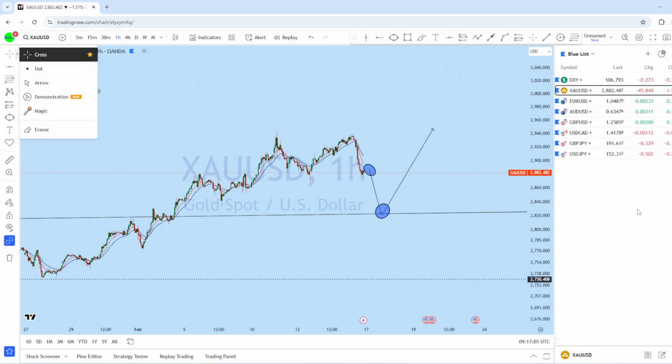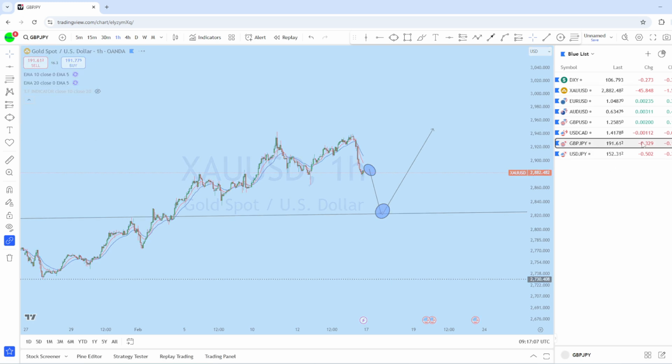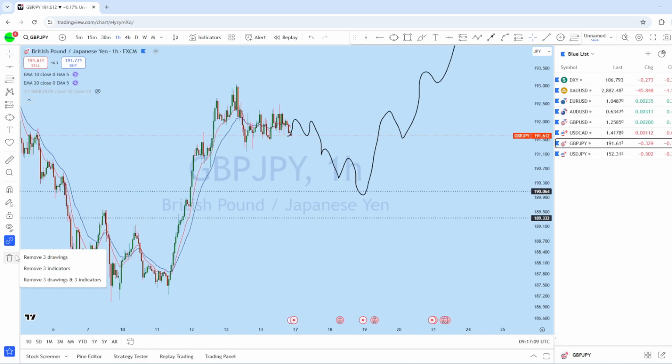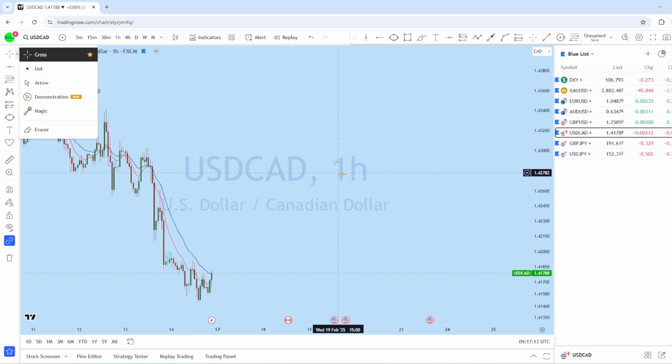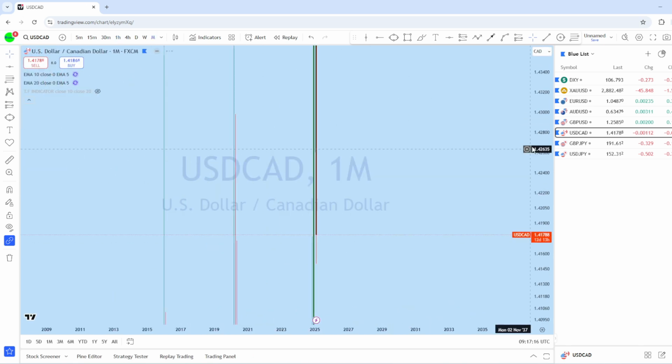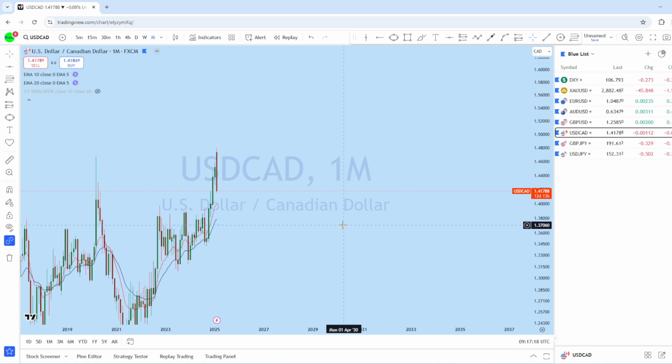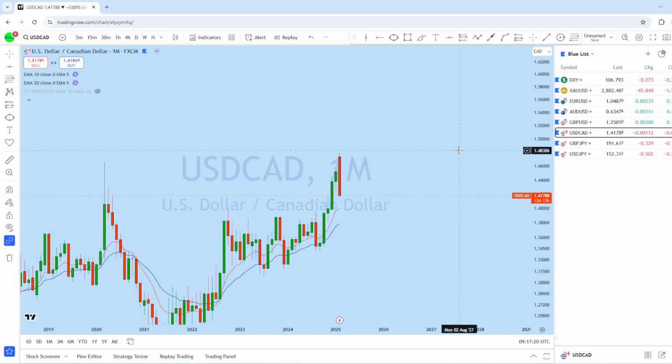Now let's look at yen pair. Let's see what kind of trading opportunity we might have on yen, and also we'll be looking at dollar CAD as well. So let's first analyze the dollar CAD, and also we'll be jumping on the yen pair to see how it might be doing.